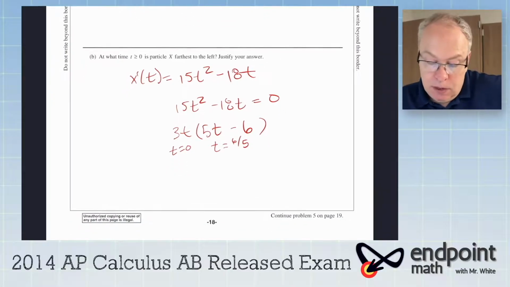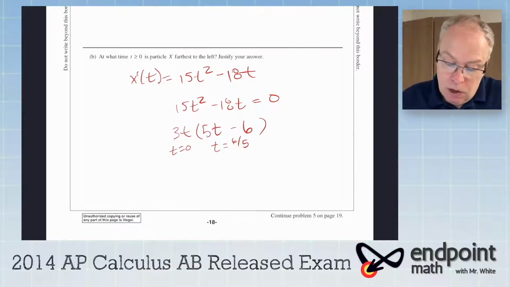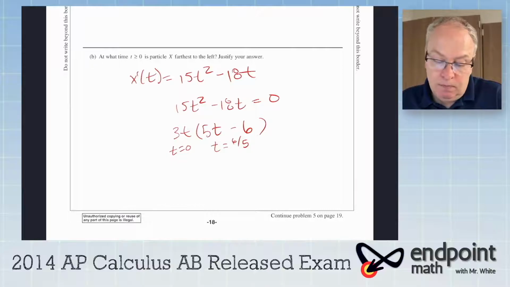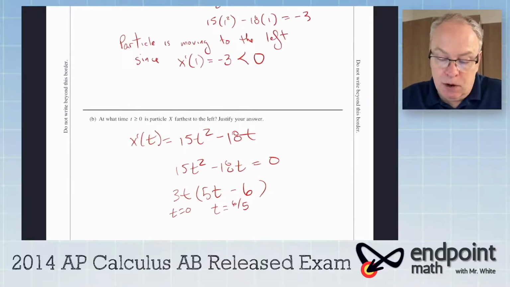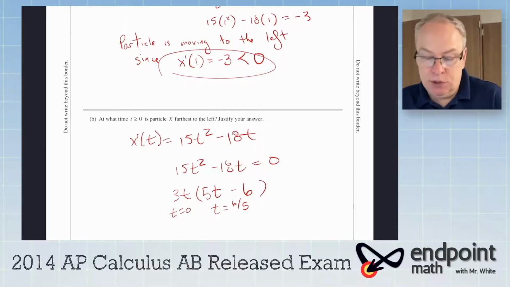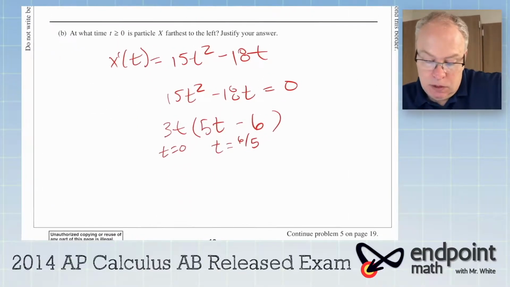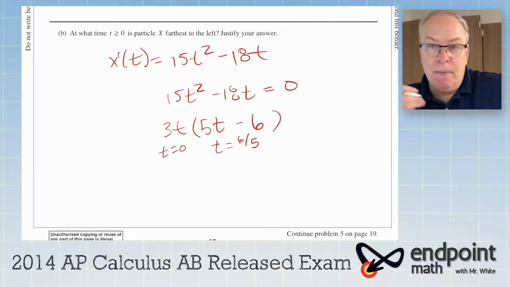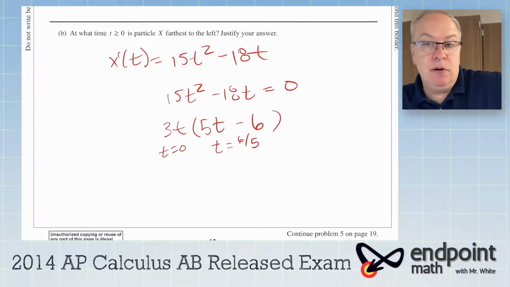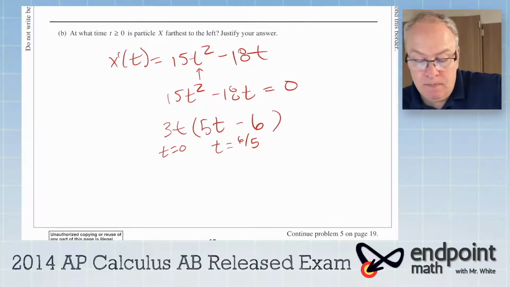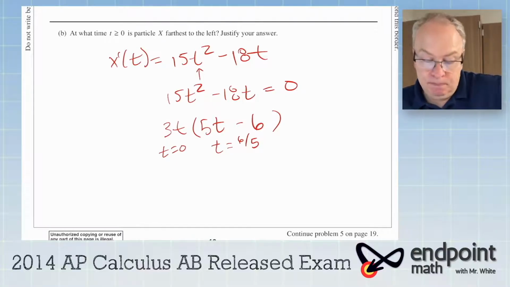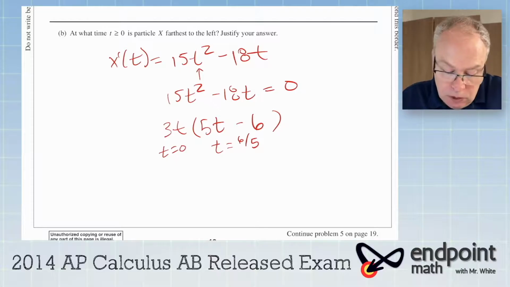Right, so you now need to determine whether it's going left or right. Now we already set up above, right up here, we said at 1 it was going to the left. Okay, let's try a bigger number, like after 6/5. If you plug 2 or 5 or whatever in here, what ends up happening is you get a positive number. Okay? So, since